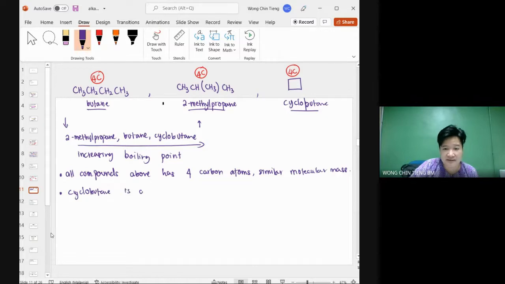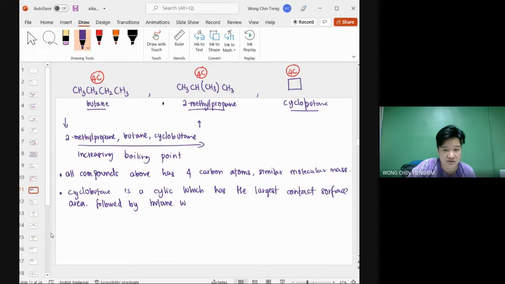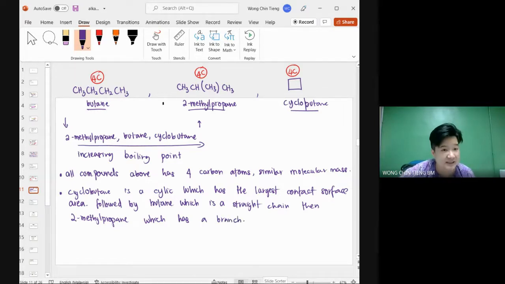Cyclobutane is a cyclic which has the largest contact surface area. Kamu kata nak mula dengan yang tinggi. So, untuk semua soalan yang akan datang, kita akan mula dengan yang tinggi. Okay? Followed by butane, which is a straight chain. Then 2-methylpropane, which has a branch. Bagi tahu. Kalau ada 2 cabang, 2. Kalau ada 3, 3 lah. Depends pada soalan. Okay? Dah? Dan kita still bincang yang tinggi. Alright? Therefore,